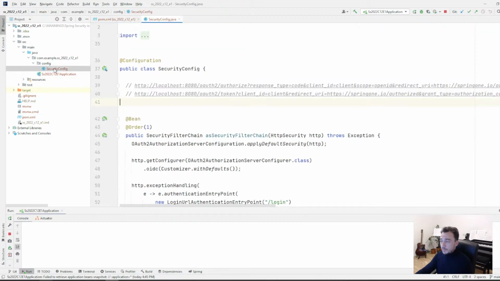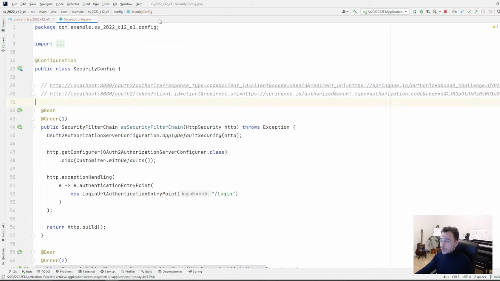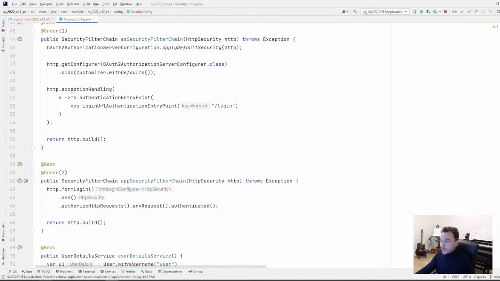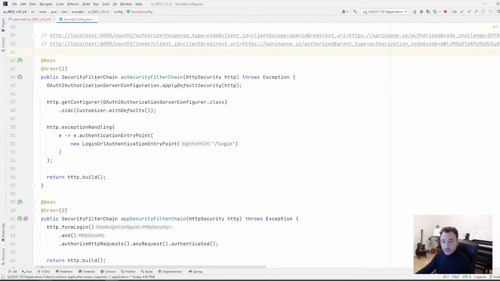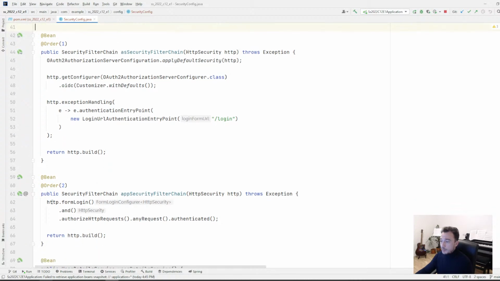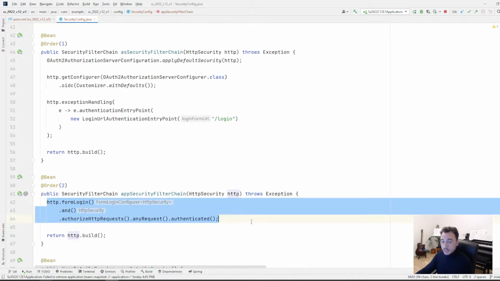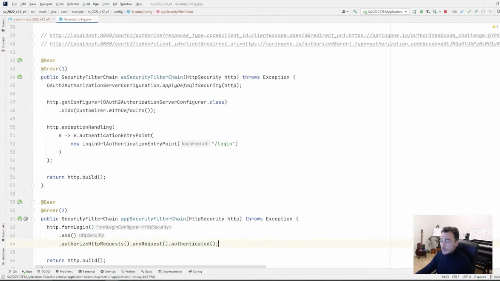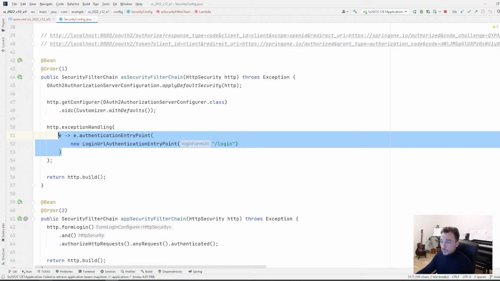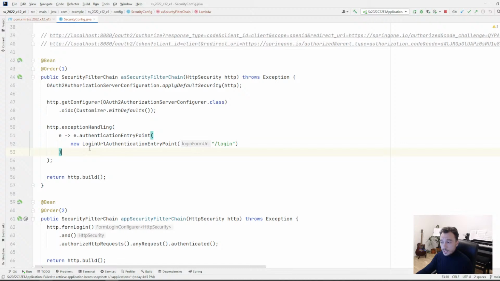And then, if you remember, I wrote a configuration file where I had to add a couple of security filter chains, one of them used to set up the form login authentication method, and the other one used to configure the authorization server, mainly here because I'm using the authorization code grant type. I need to make sure that any unauthorized access to any resource of the authorization server will be redirected to